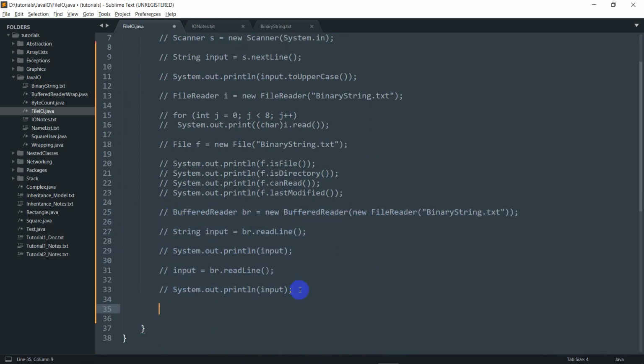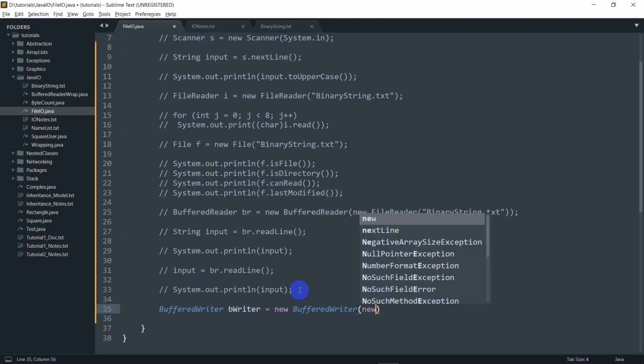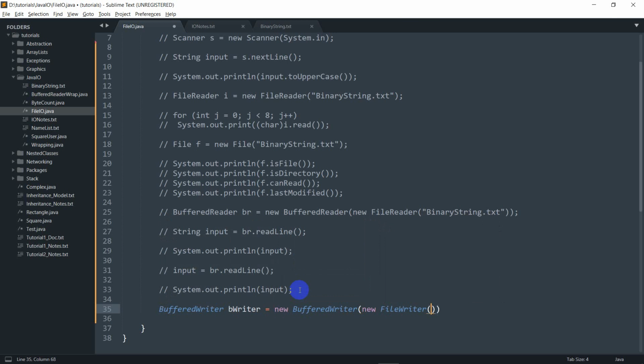Let's say we want to write to a file. We can also have a buffered writer. Let's say bwriter equals new BufferedWriter, and this time we need to give it a FileWriter. So let's create a new FileWriter and give it binarystring.txt again, and let's just do a bwriter.write, and let's just write some random string,